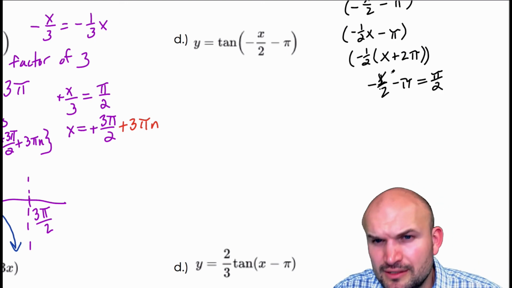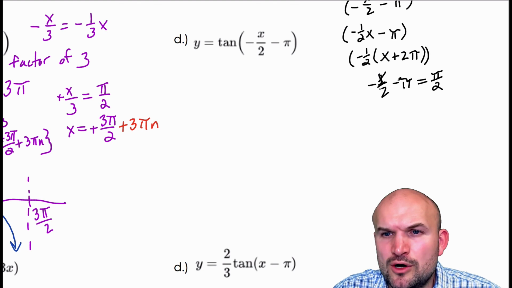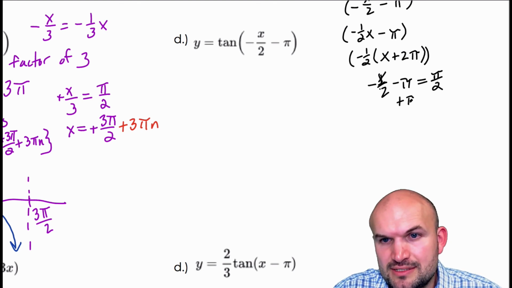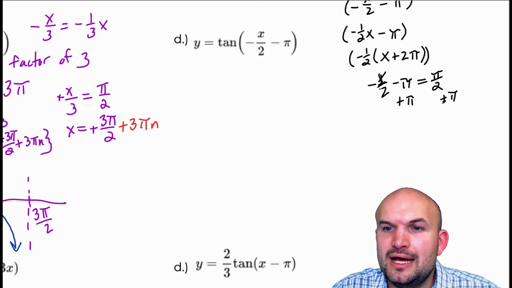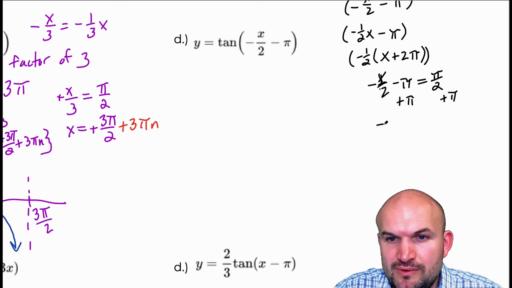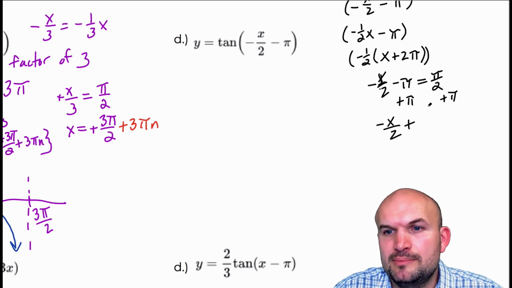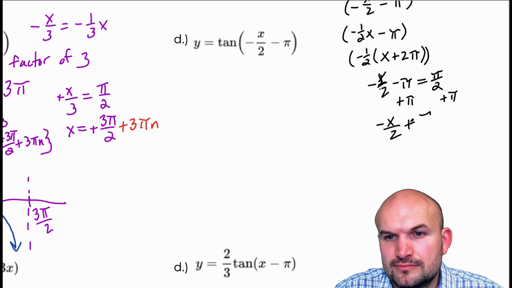And that's a horrible x here. So when I go ahead and add pi to both sides, I can rewrite that as 2 pi over 2. I'd have a negative x over 2 plus, or equals,